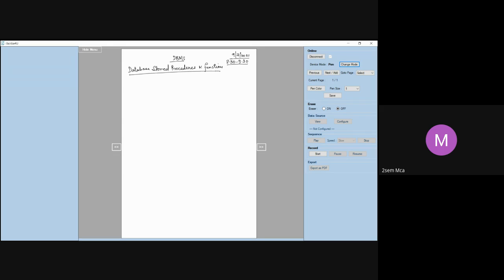Last class, just to give you a quick recap, we had started with the concept of what is a view or what is a virtual table. Then we saw what are the benefits of a virtual table, how we can create a virtual table from a single table. We can also create a view from multiple tables. Both these kinds of examples we saw.